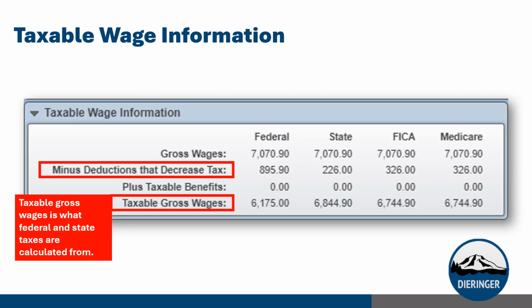The next section shows your taxable wage information. This is the portion of an employee's earnings that are subject to taxation. It includes an employee's gross pay minus any pre-tax deductions, such as contributions to your retirement plan or health insurance premiums. This amount is used to calculate the employee's federal and state taxes. It's important to note that taxable wages may differ from gross pay due to these deductions, which can reduce your